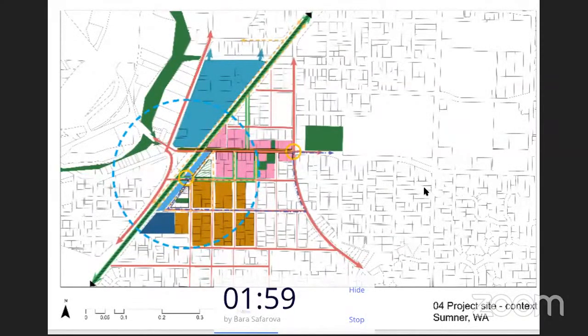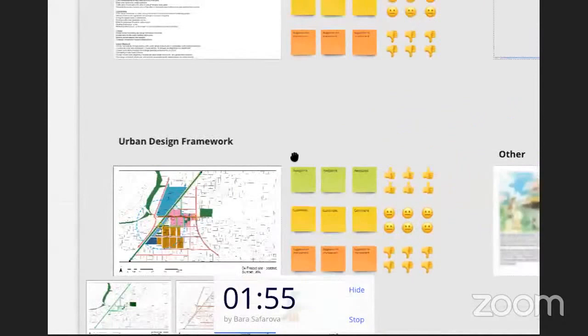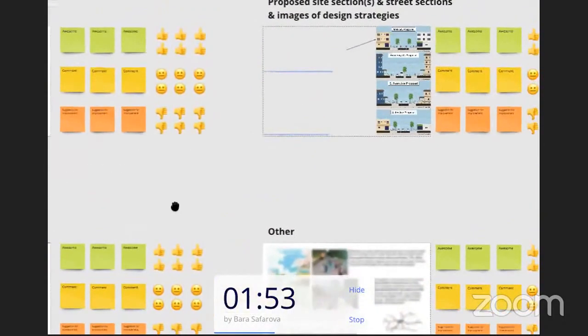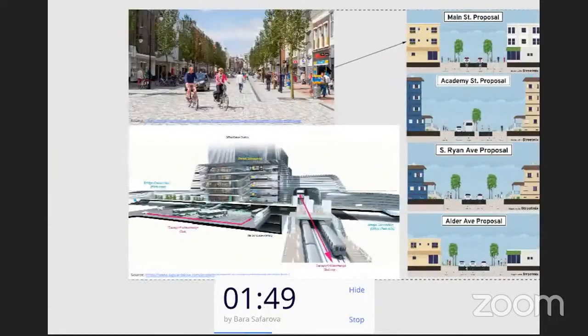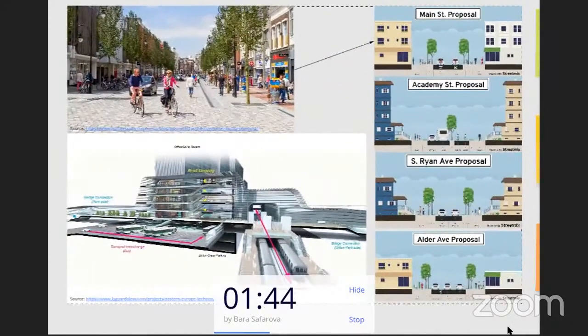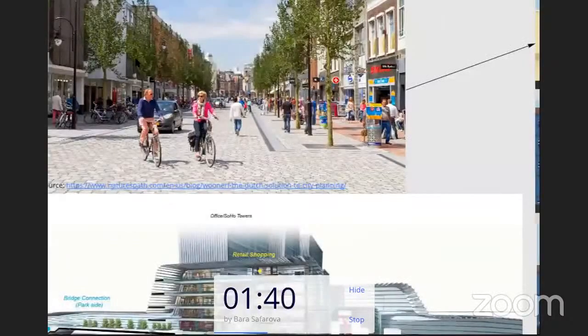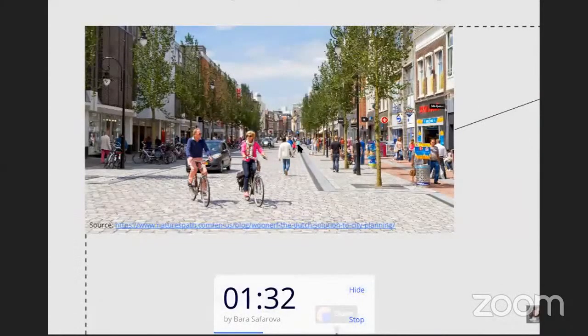And going into my next slide, or my next image, the proposed side section and street sections, I basically have this general idea. Oh, there it is. I basically have this general idea of what I want Main Street to become, in which it will turn into a woonerf in relation to the whole site, because I just want to have this priority